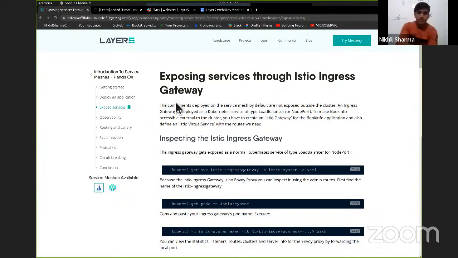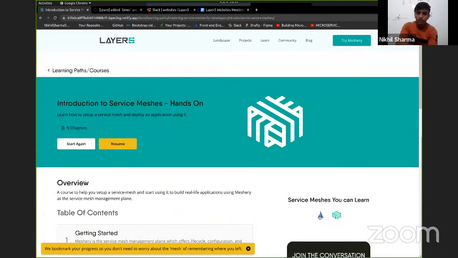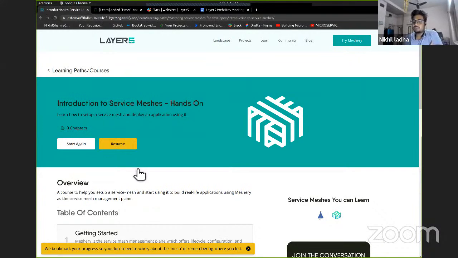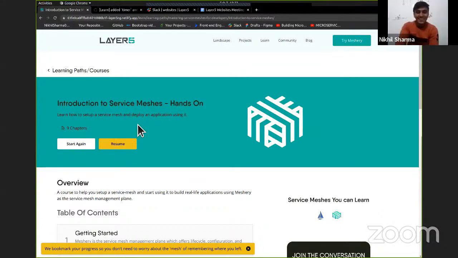Okay, so I think we should remove this icon, and we should leave this notification there. Yeah, you can leave the notification, but update the text to say we track your progress. So we keep track of your progress, you don't have the mess of remembering. Okay, update the text like that. Not sure, Lee might be better in case of grammar. Yeah, actually, I just wrote whatever came to my mind.